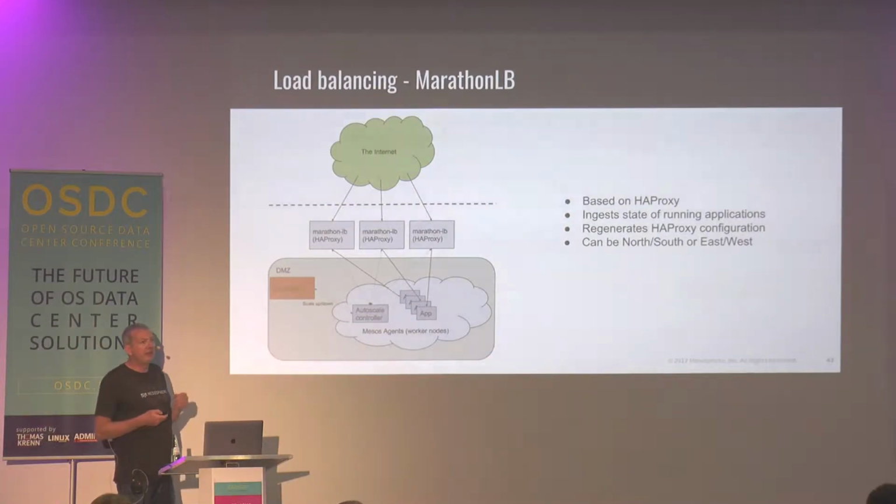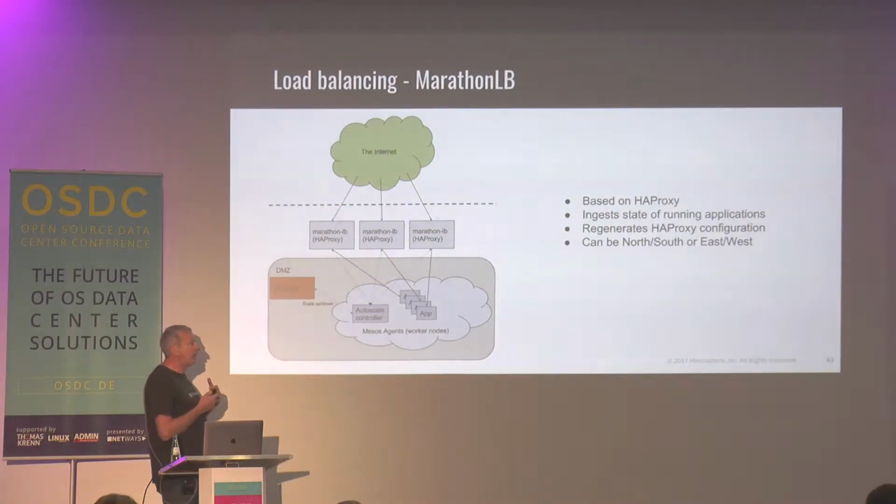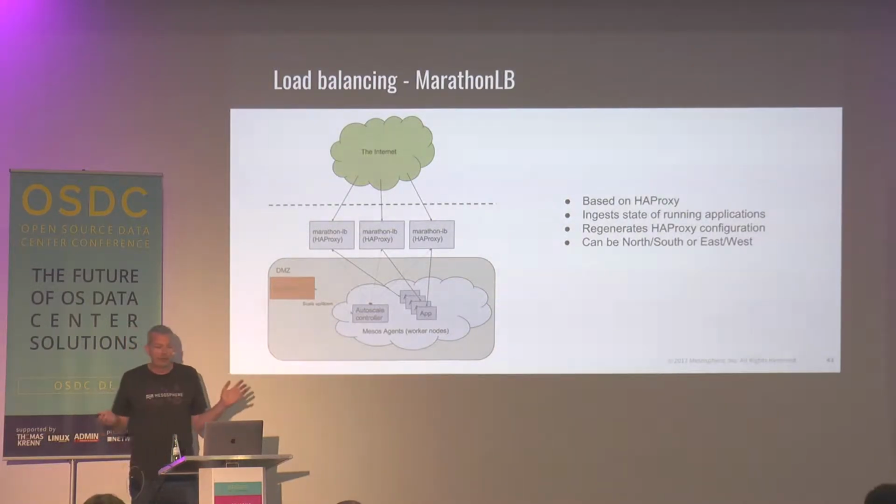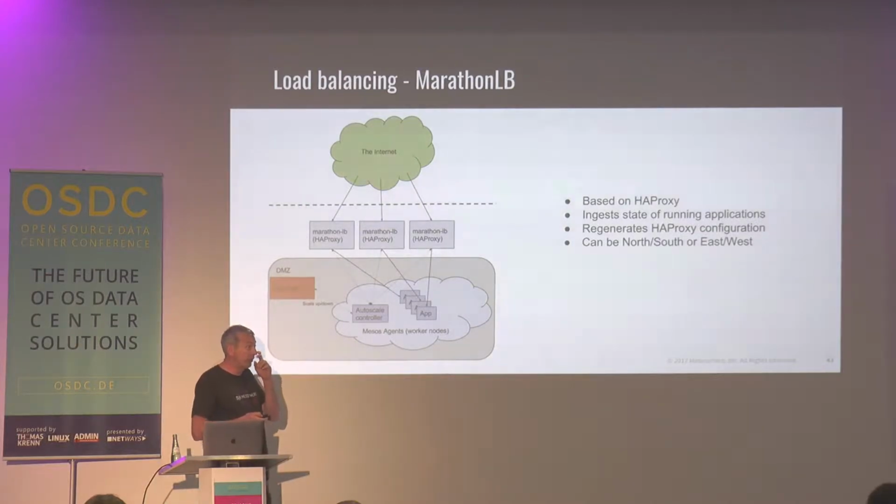The other key mechanism we need is load balancing. In microservices architectures, typically a service is going to be made up of a whole bunch of different things. We need something that's going to sit in front of those things and direct that traffic.